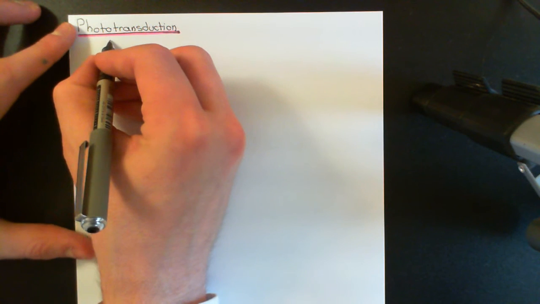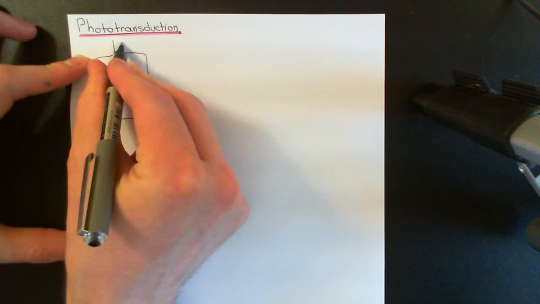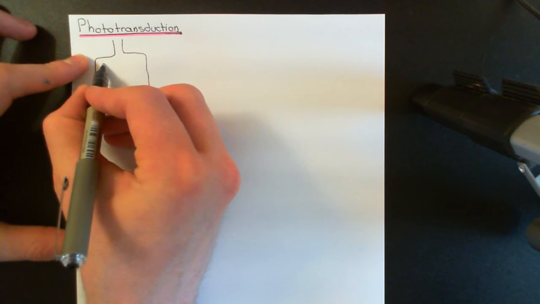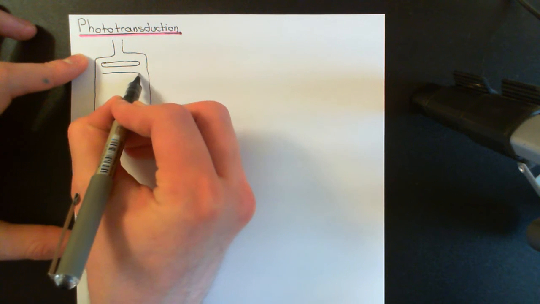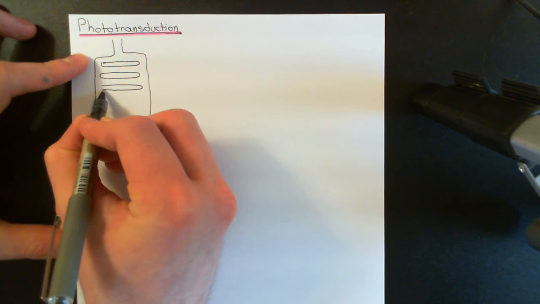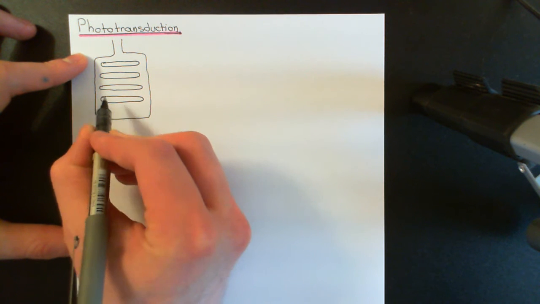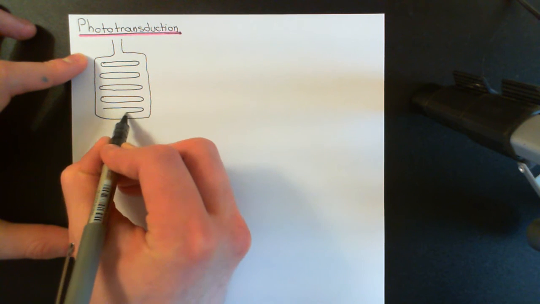So let's begin. I'll start by drawing a picture then of a rod photoreceptor outer segment here. So remember, it's in the shape of a rod, hence why the cells are called rod cells. And inside this rod, what you will have is lots of these discs of membrane, like so. And this is, remember, to increase the surface area of membrane so that we can put receptors for light inside that membrane. So, inside the membrane of these discs then, what you're going to have is these proteins that are